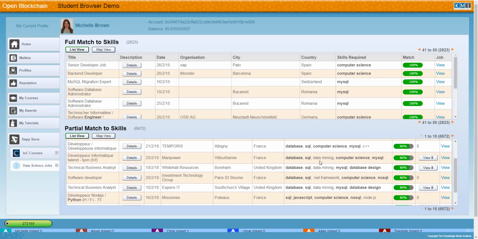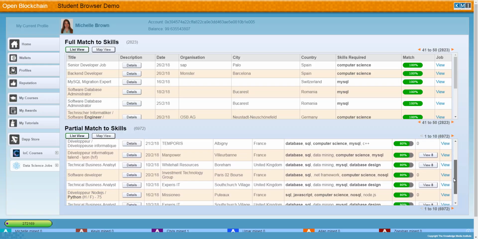And we go through both of them, checking against the skills they have to see if any of them have the missing skills that the job requires. And if they do, we give you a button to view those. So here, for example, for data mining, which Michelle doesn't have, but these jobs require, it's found 8 courses. So if we click that button,